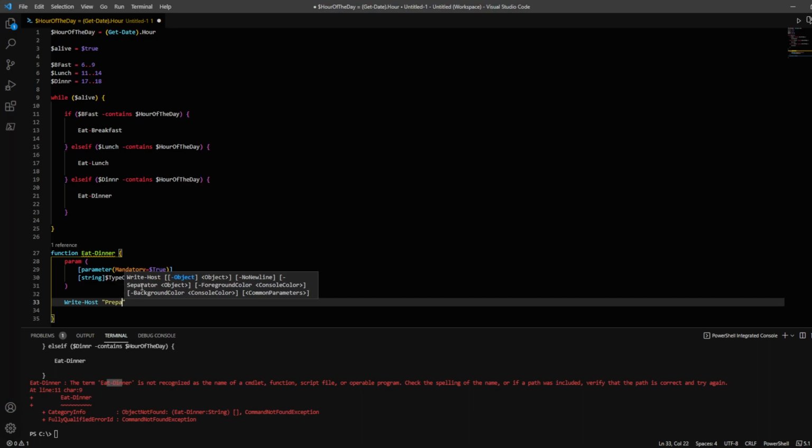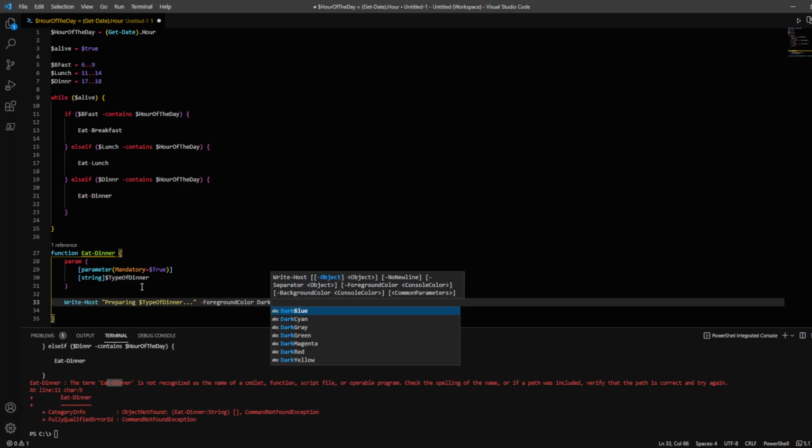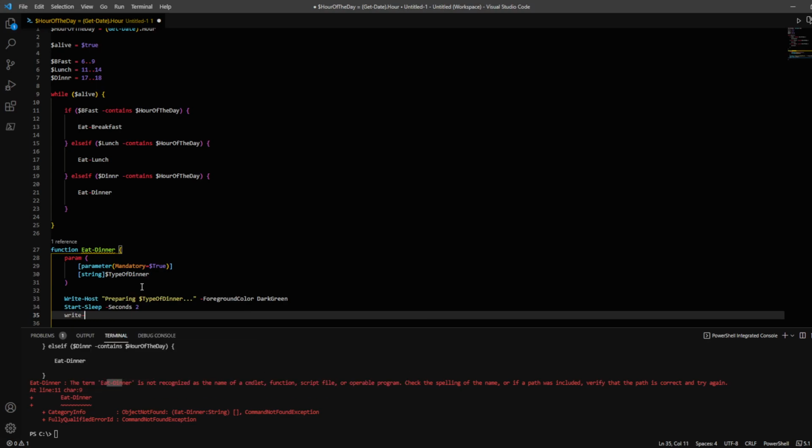So we're just going to do some quick preparing type of dinner, and let's put some dots after that. We're going to say foreground color, let's go with dark green to say that it's kind of in progress. We'll say that that takes 2 seconds, and then we will say that